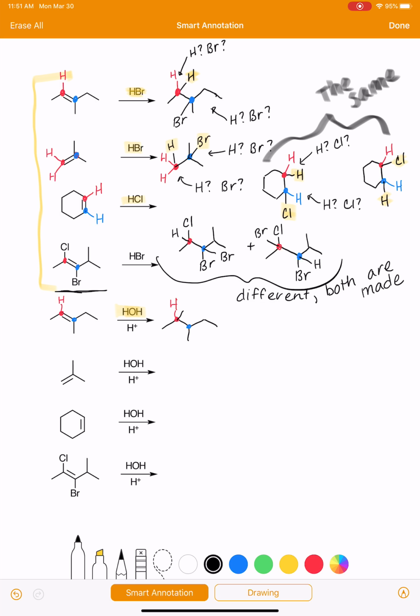The new hydrogen is going to go onto the red carbon. Oh my gosh, I did the same thing 2 times in a row. The new hydrogen goes onto the red carbon, and the OH goes onto the blue carbon. Next example. Well, let me highlight those, H and OH. Next example, redraw the alkene